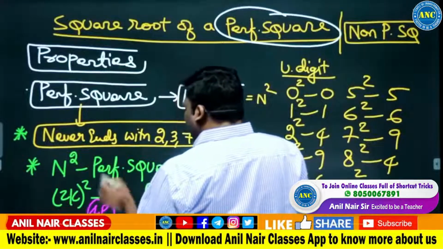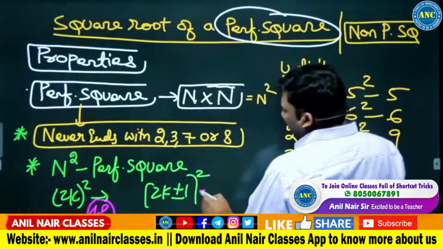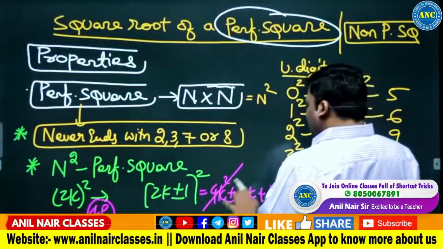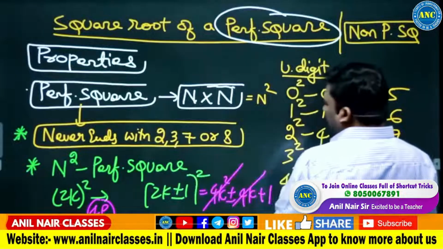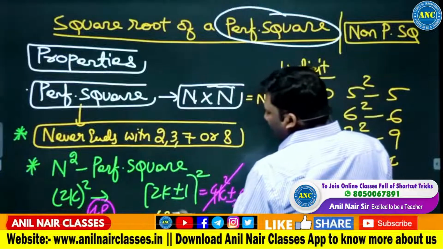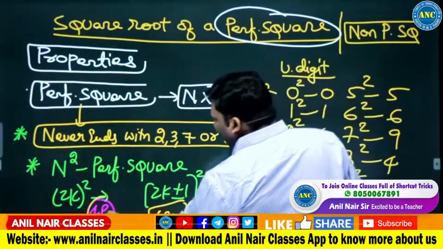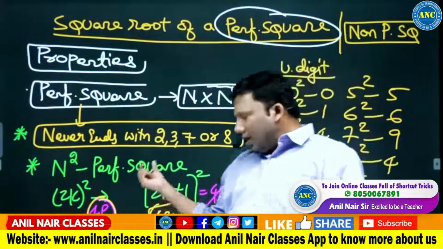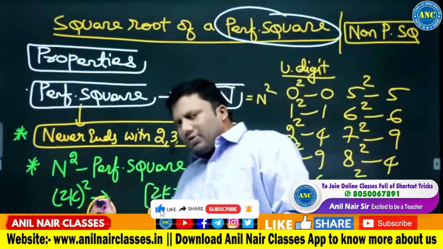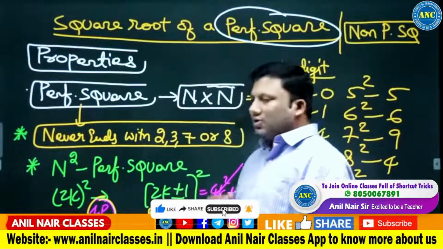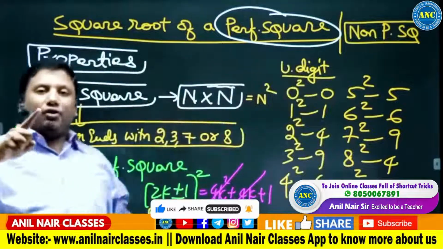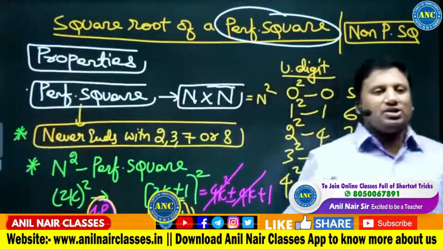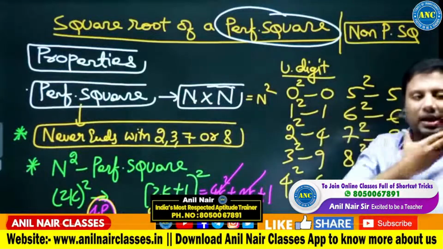Any perfect square is divisible by 4, or if I write it as 4k squared plus or minus 4k plus 1, these terms are divisible by 4 and the remainder is 1. Any perfect square, when divided by 4, is either perfectly divisible or gives a remainder 1. If you divide a number by 4 and you get a remainder 2 or 3, then it is not a perfect square.